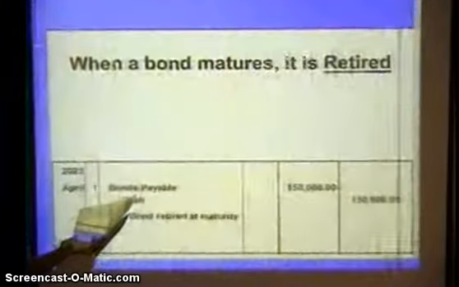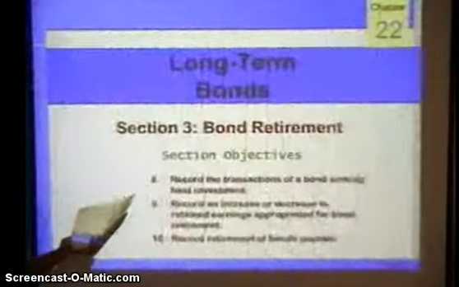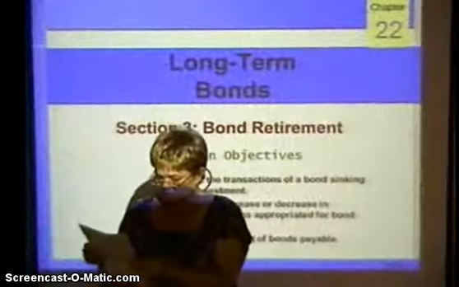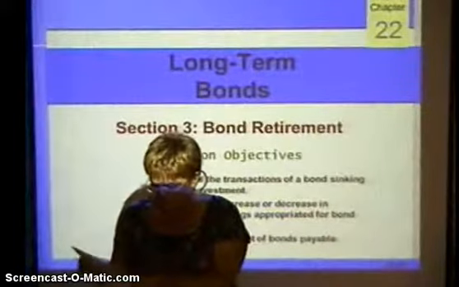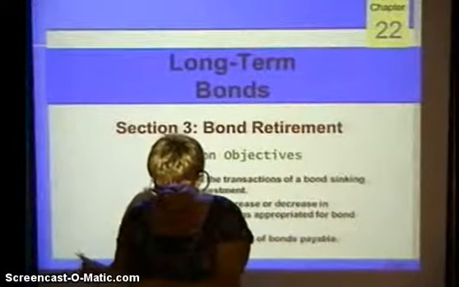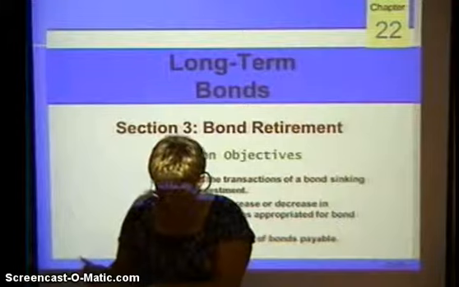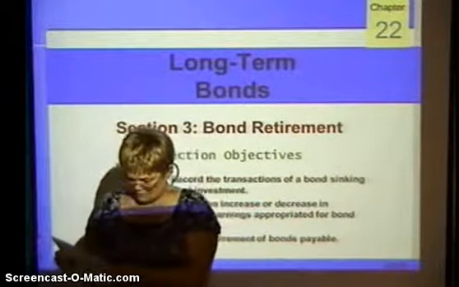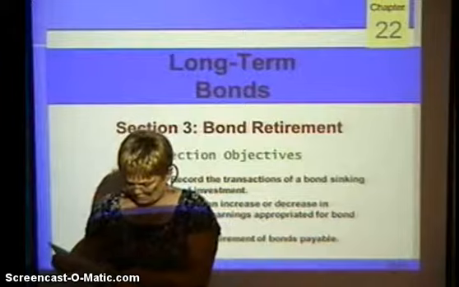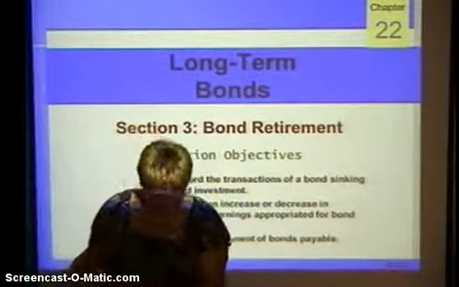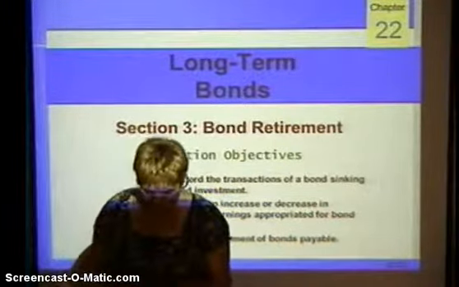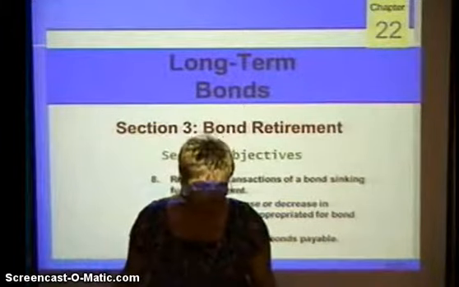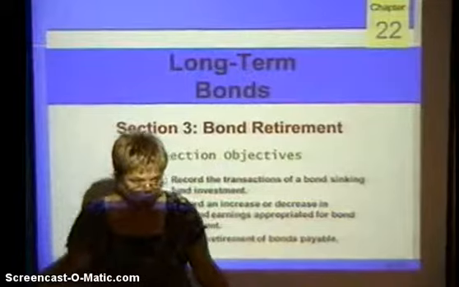When we retire the bonds, let's see. I don't think you'll have to get to that. Let me let you go, and we'll go back to this. This is the declared cash dividend, shares, preferred stock issued. You can do all that. Cash dividends. I think we don't do any retirement of bonds until maybe we're at the very end, and maybe not at all. You see any? All right. If you get to one that's a retirement, just stop. Unless you want to go ahead and look it up in your book, okay?